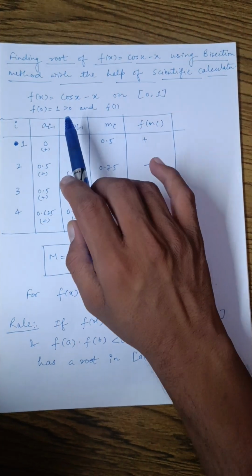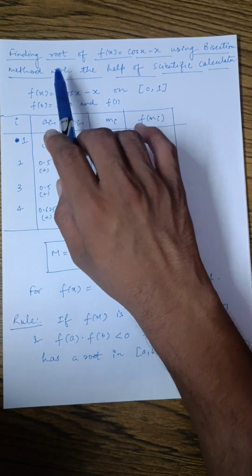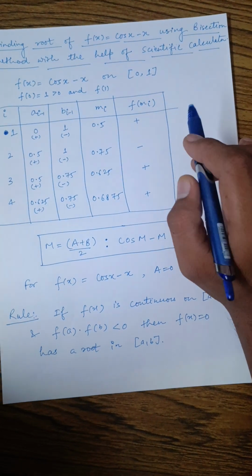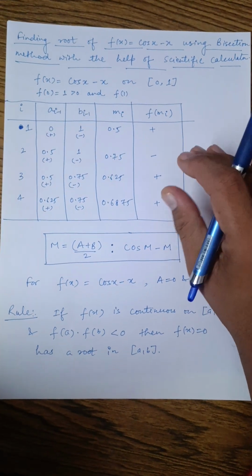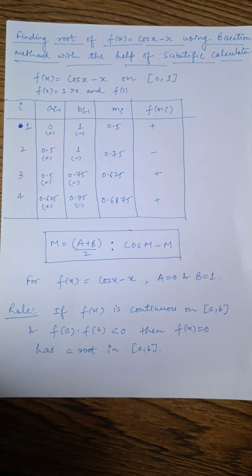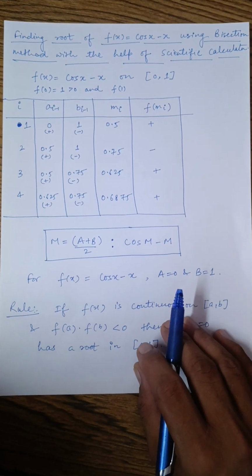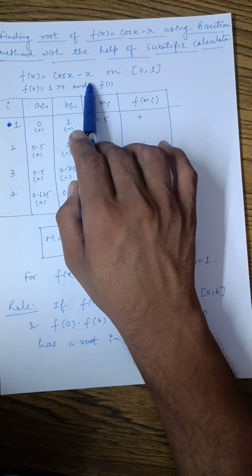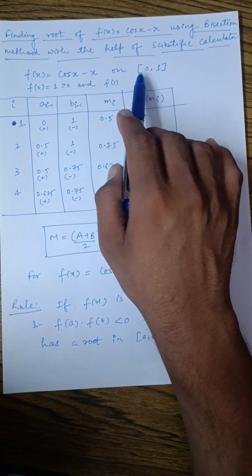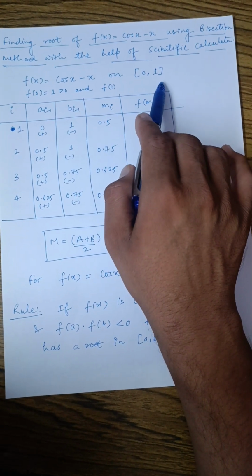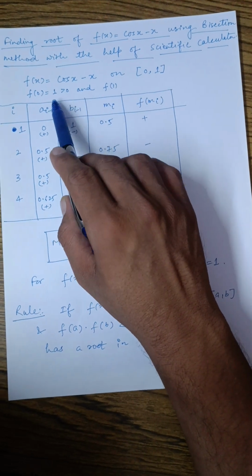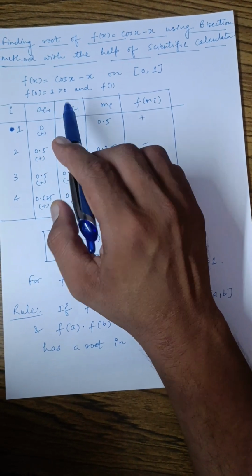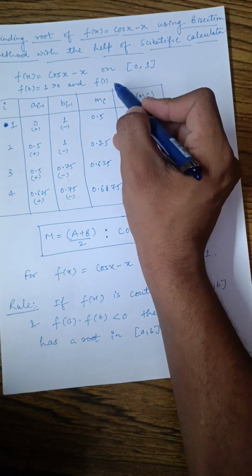Hello everyone. In this video we are going to find the root of the function f(x) = cos x − x using the bisection method with the help of a scientific calculator. So here we are given a function f(x) = cos x − x and the initial interval is (0, 1), and you can also check that f(0) is 1, which is positive, and f(1),